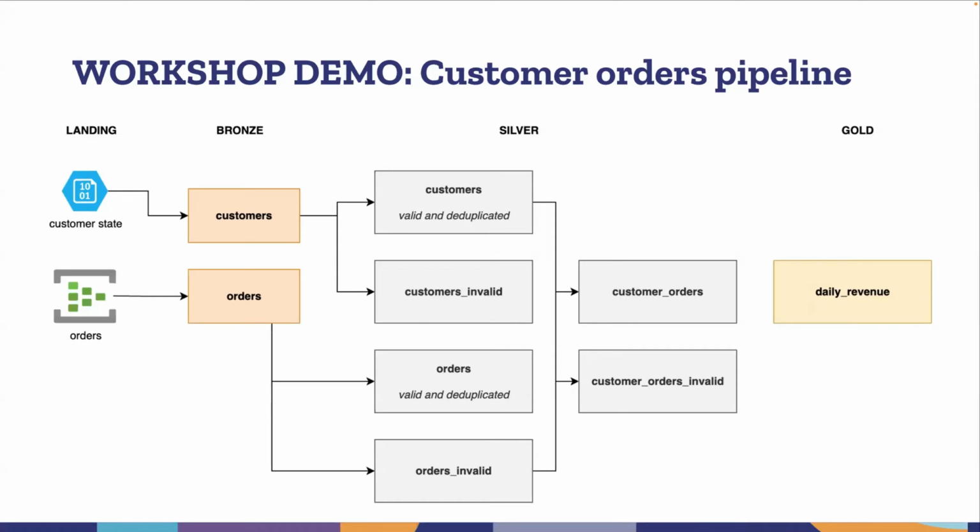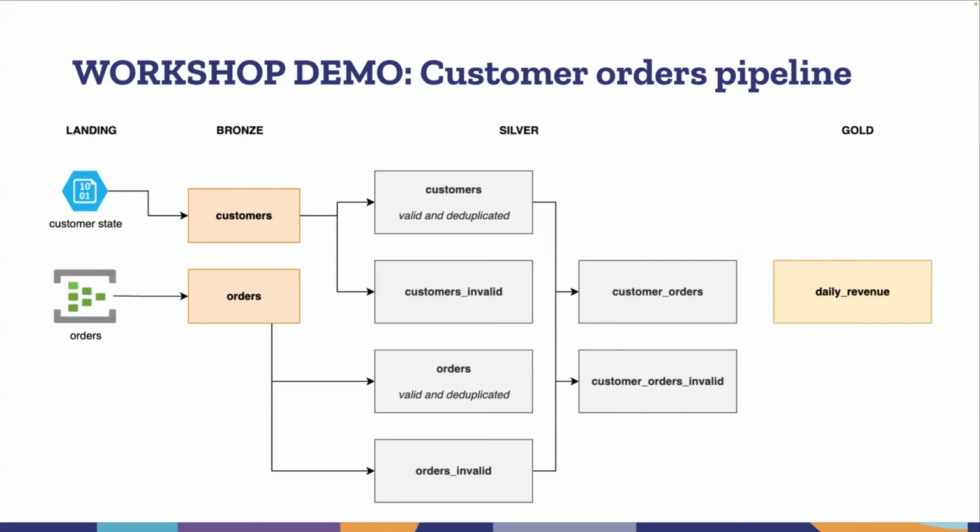Obviously, in data engineering, you never want to drop that data. You should always isolate it, because then you have an audit history, you have the records there, and what you should do is consult with your upstream data providers to fix those data points. Once that is done, we also do a similar thing for orders. We validate and deduplicate them, and then we send the invalid orders to